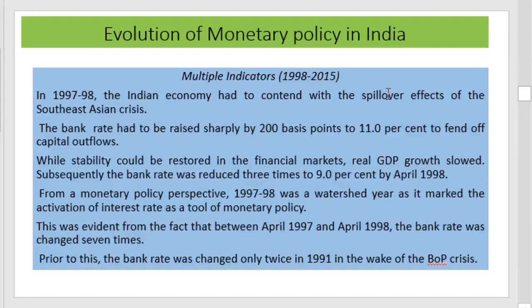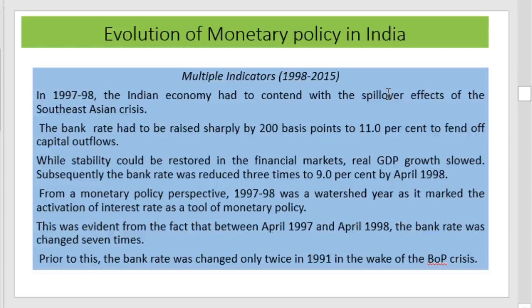While stability could be restored in the financial market, real GDP growth slowed down. Real GDP growth rate declined. The bank rate was reduced 3 times to 9% by April 1998. From a monetary policy perspective, 97-98 were watershed years as they marked the activation of interest rate as a tool